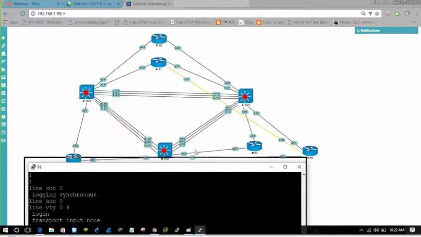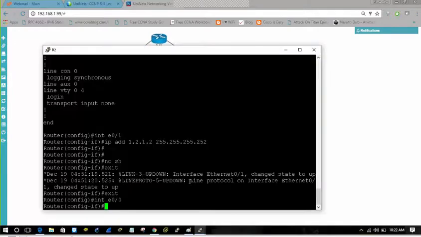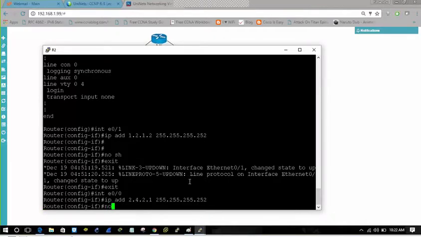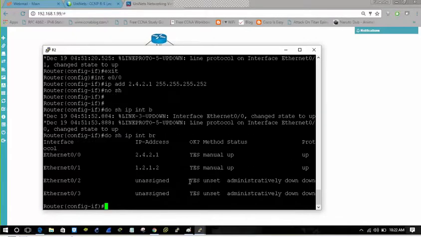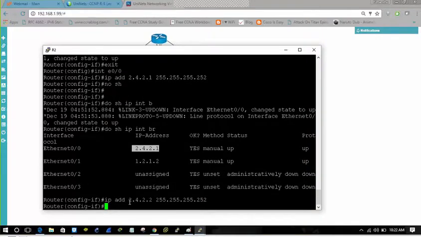So I will give it an IP address of 24.1.1.2, connected to R4, with mask 255.255.255.252. Sure. We check do show ip interface brief. So that is the IP address I have given. We should assign 24.1.1.2. That is its router name.